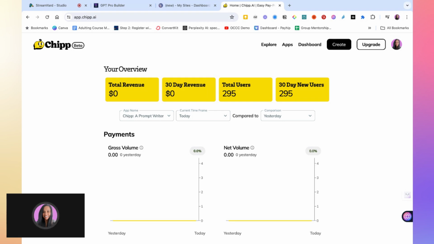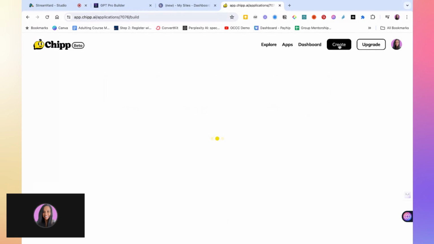But again, I do like collecting emails, one, because I have access to the data, the chat history, and the user can sign back in and keep their chat history. So when you're ready, I do recommend just clicking the buttons, going around, exploring. They have great blogs, but for now, we're going to click the create button. From the dashboard, we'll just click the create button here,